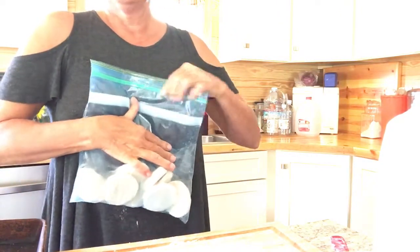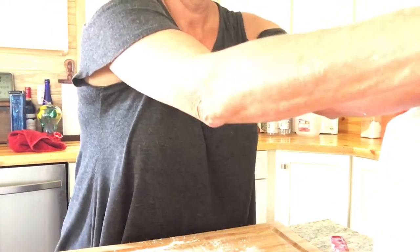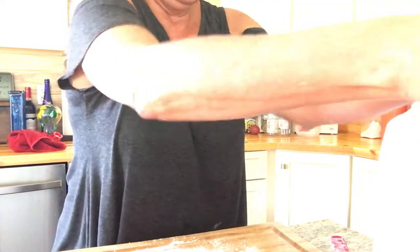And you have biscuits to go. And I'll go ahead and set these in there too, so they can be freezing. It doesn't take probably about, I'm going to say about 15 or 20 minutes for them to really get frozen. I mean, you can leave them in as long as you want. I have left them in overnight and went down and got them out of the freezer, and then